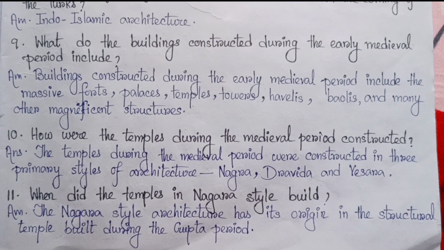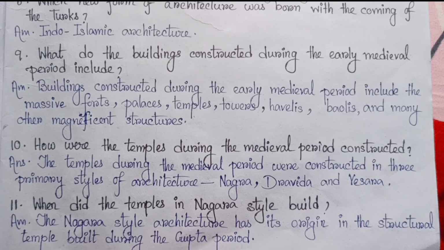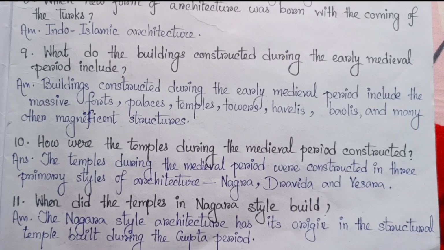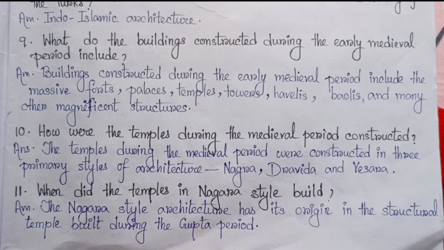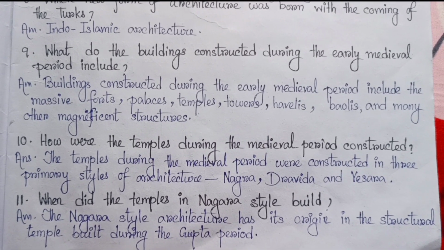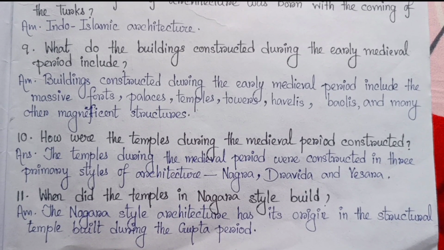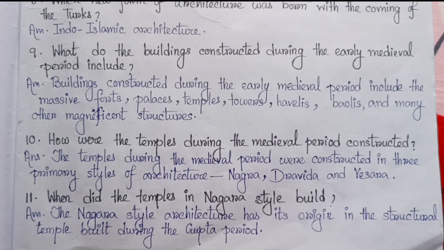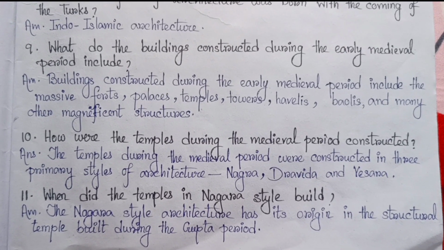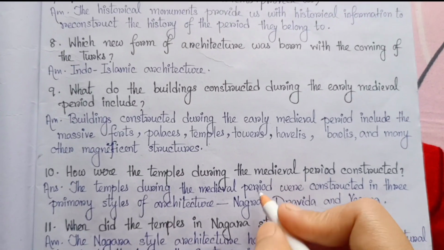Number 9, what do the buildings constructed during the early medieval period include? Buildings constructed during the early medieval period include the massive forts, palaces, temples, towers, havelis, baulis, and many other magnificent structures. Number 10, how were the temples during the medieval period constructed? The temples during the medieval period were constructed in three primary styles of architecture, Nagara,